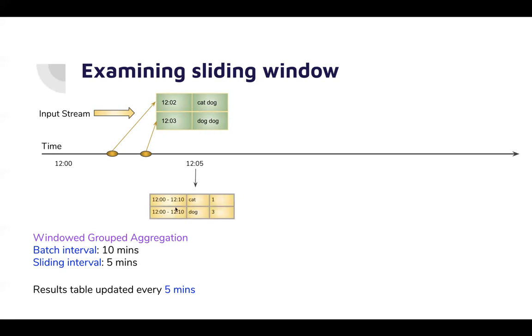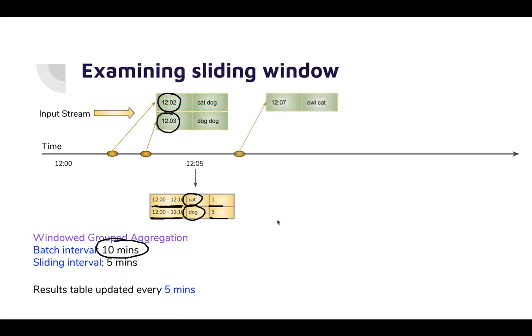Now you see the first column is quite interesting over here. When we say that our batch interval is 10 minutes, which is our window interval, one event belongs to a window. It can belong to multiple windows. So this cat and dog, these two words, happened at this point of time, which falls in the window 12 to 12:10. And this is the word count which you get for that window. So now your key is also your window and the word.